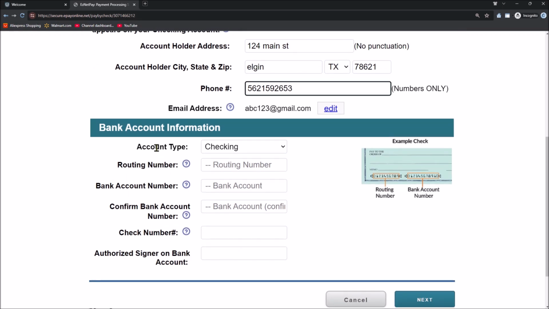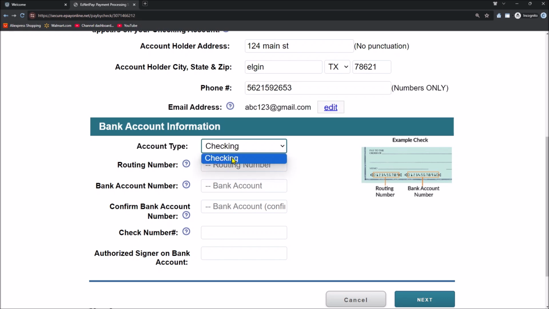Then you need to mention the account type, which is checking account. The option of savings is not given, so you need to make the payment of the property taxes for Travis County using a checking account only. This is where you need to enter the routing number. If you see an example check, this is where the routing number is located, and this is the bank account number. You need to enter the routing number, then the bank account number, then confirm the bank account number by entering the same account number over here, and then